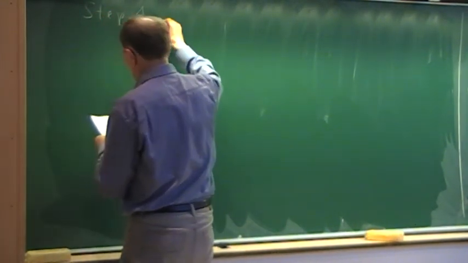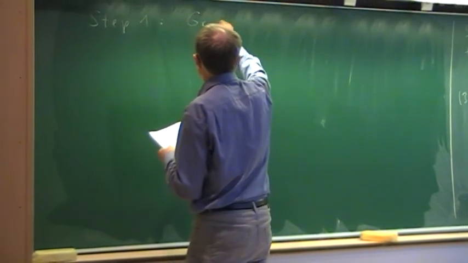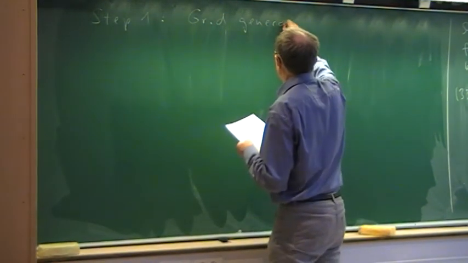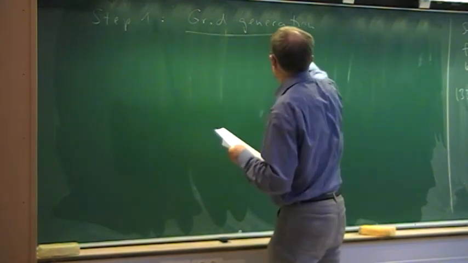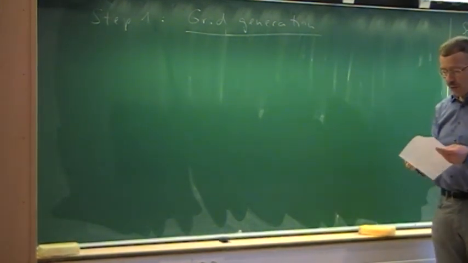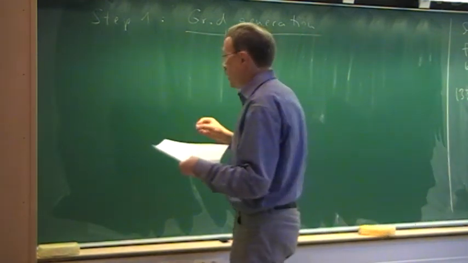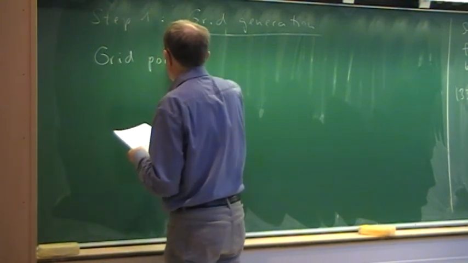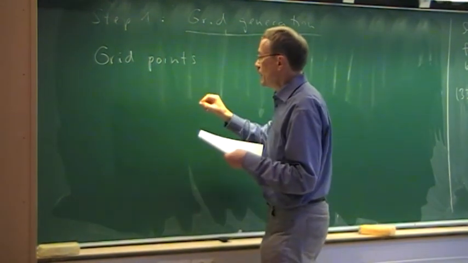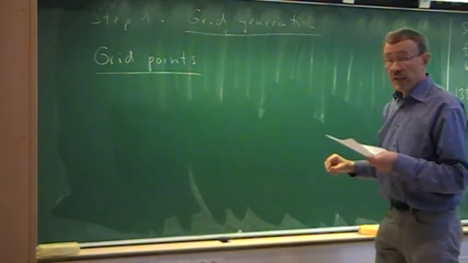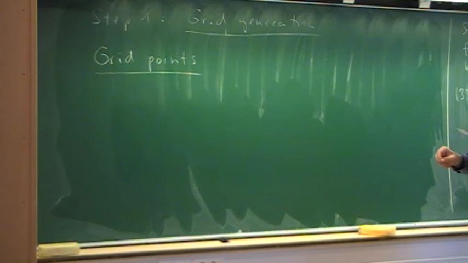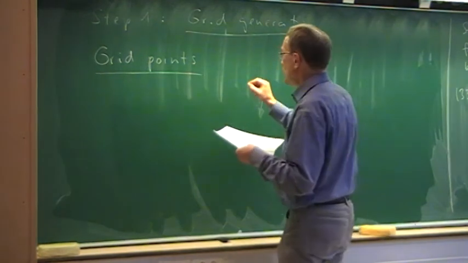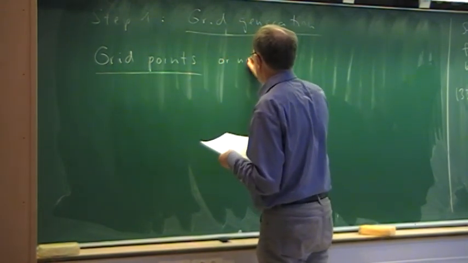So, step one, we call it grid generation, but it's essentially identifying where we have the grid points, where we have the faces. And that is now, in a way, a little bit different from what we discussed for the two-dimensional scalar conservation laws. There we had the cell-centered method, we have now the node-centered method here. So the grid points, or nodes,